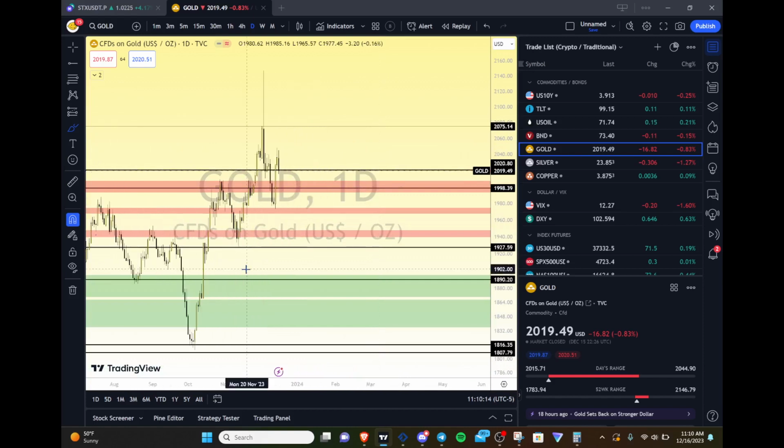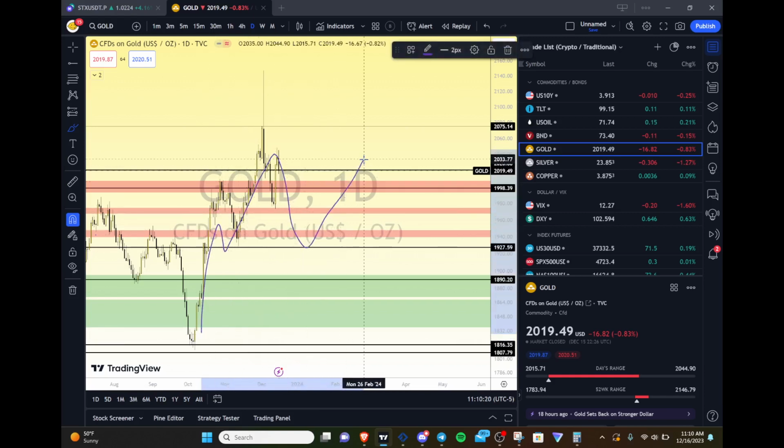I'm more likely seeing here a move back down sub 2,000 and then looking for a much larger consolidation here, much larger. And this consolidation may not even happen here, it may happen all the way up here, like I said, in between this candle's high wick and the low of that candle here. Either way, I'm looking for a major consolidation. And then that consolidation will give me more bias. So I'll get more clear bias from that.